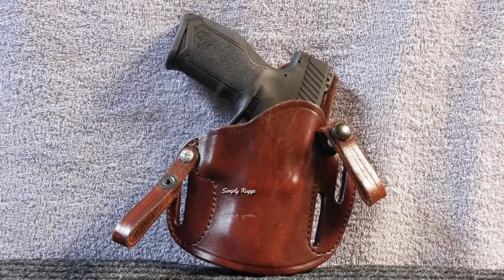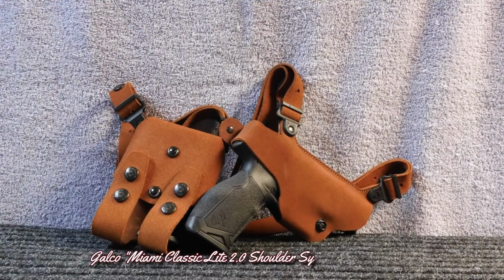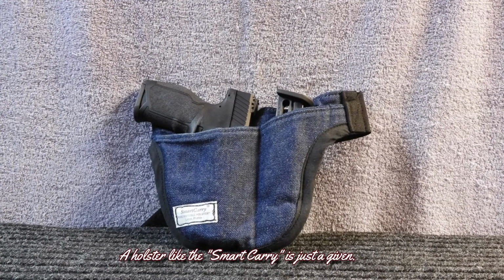With all that said, you may not believe this, but you will because you see it. The Taurus TX22 also fits in my Simply Rugged Huda holster for the Springfield XDM45 4.5 inch and the Gelco Classic Light 2 shoulder system that also houses G19, G44, G45, G22, etc. So, I save some money there. Not that I'll be carrying the TX22, but if I do,